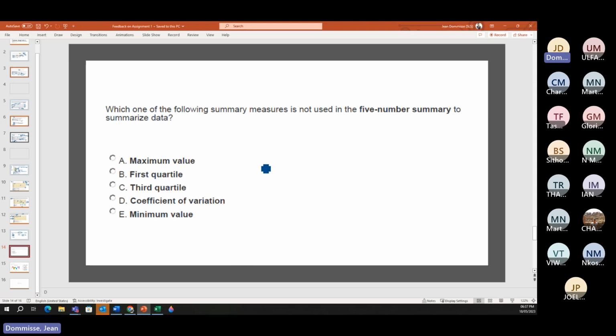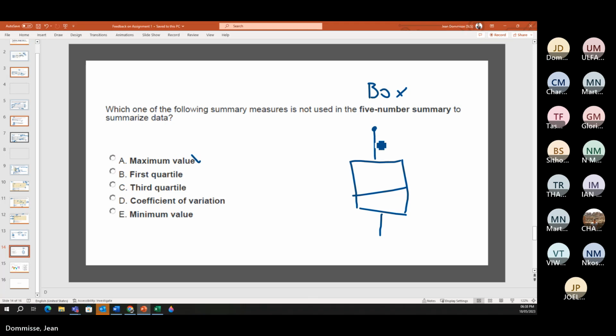But let's first look at the things around the definition of it. So a box plot is also called the 5 number summary. Okay, so what we have in that 5 number summary is you've got your maximum, you've got your minimum,